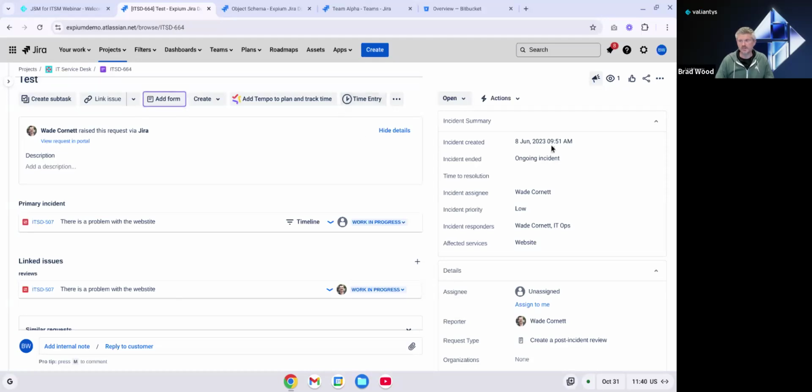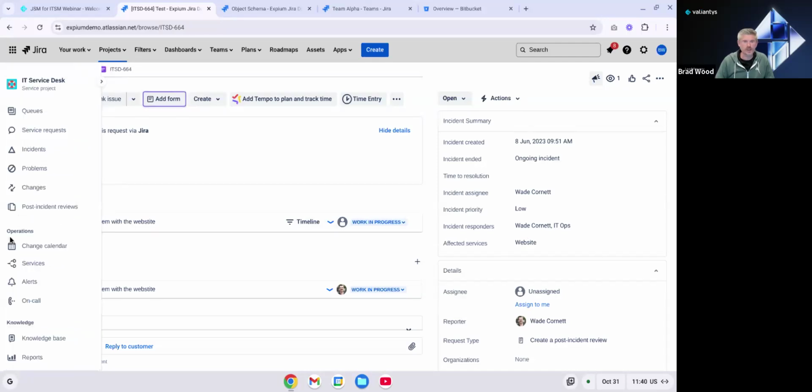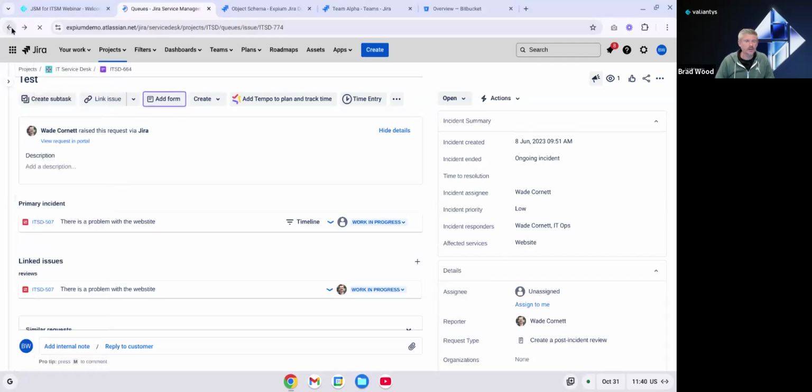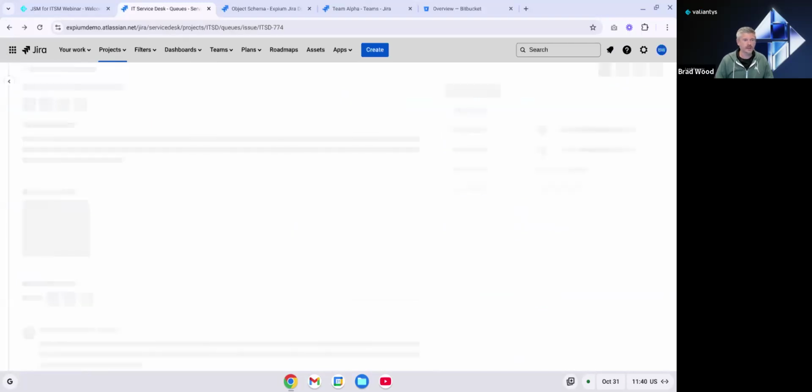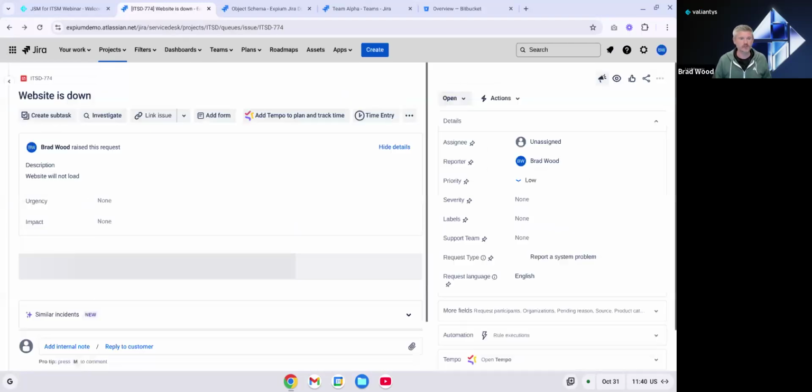Over on the right-hand side, we can see a section called Incident Summary, and this provides a number of different fields with relevant information related to that incident ticket. So we can see when it was created, it's still an ongoing incident, so it's not closed yet, who it was assigned to, the priority, who the responders are, and again, which service was affected by that incident. So a lot of great information linked between our PIRs and our incidents. Let's go back